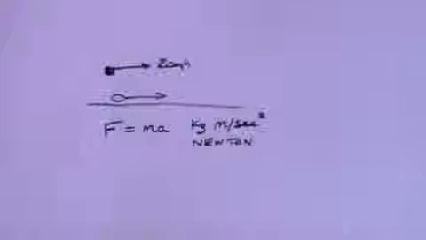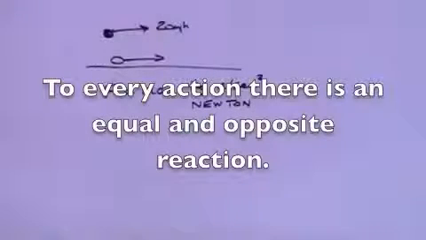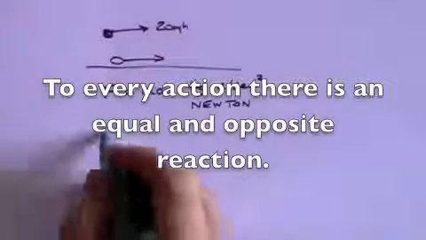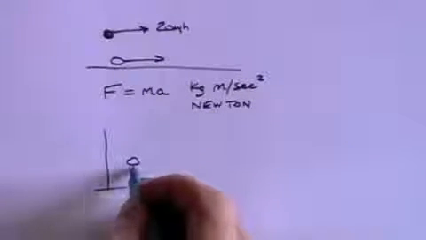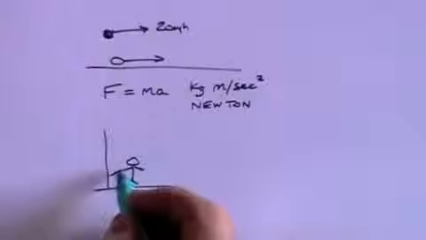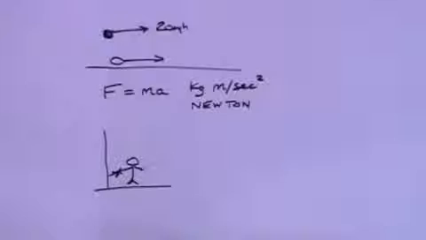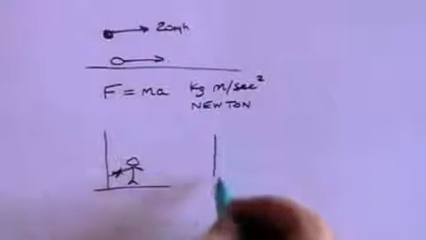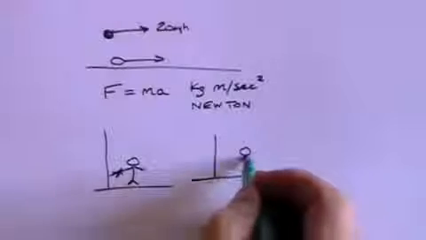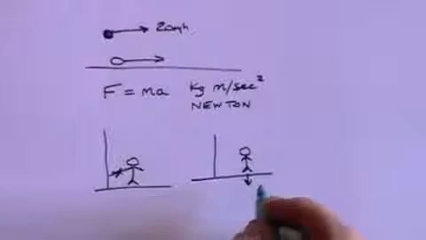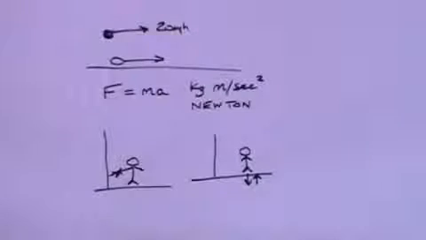Newton's third law is commonly expressed as to every action there is an equal and opposite reaction, which means that if I lean against a wall and exert a force on that wall, the force exerts an equal and opposite force on me. When I stand on the ground, I exert a force on the earth, and the earth exerts an equal and opposite force on me. In other words, the force by body 1 on body 2 is equal to the force by body 2 on